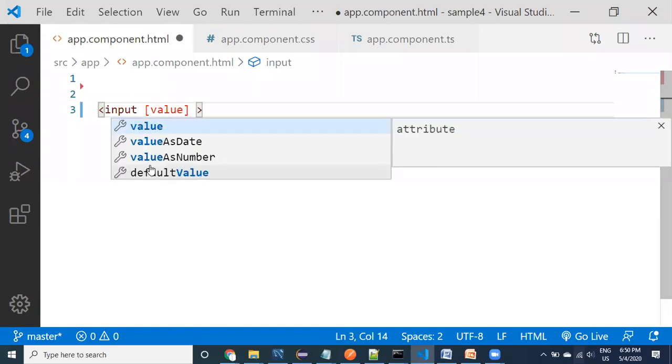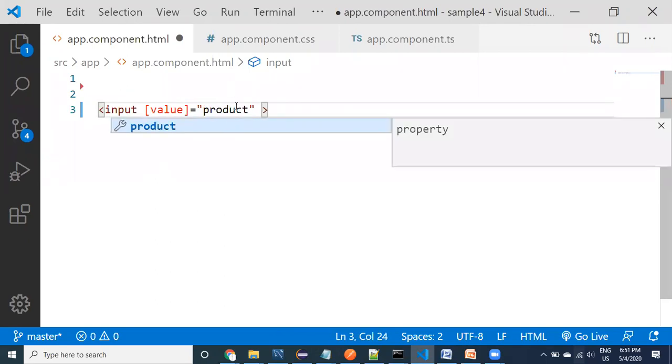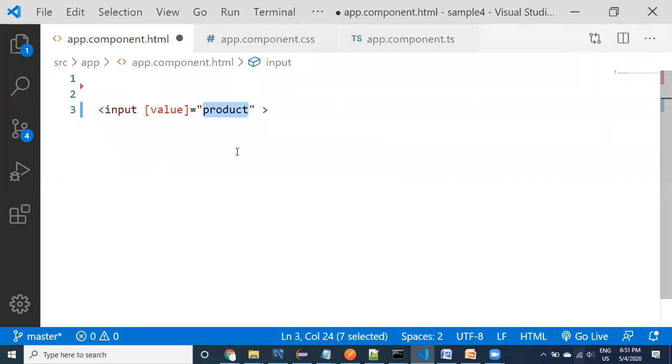So value is a property of the input text box. This is the syntax: remember that we have to apply brackets to the value. Now I want to provide the property name, this is going to be the property name.